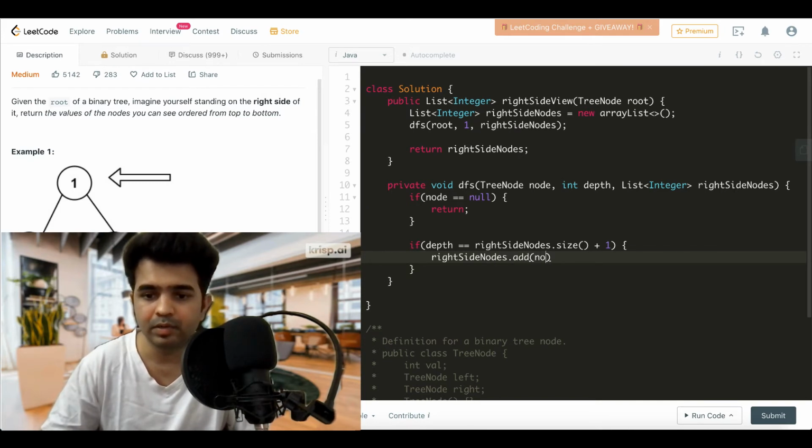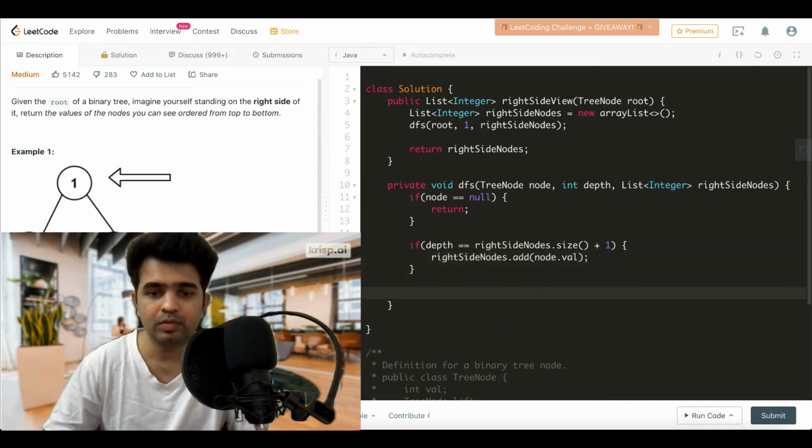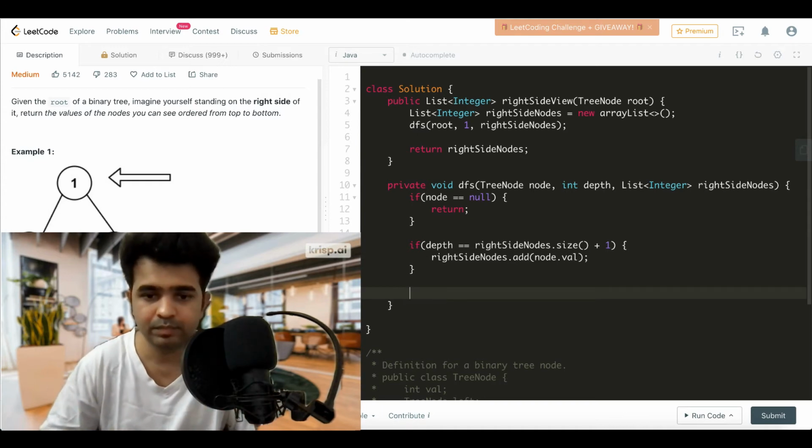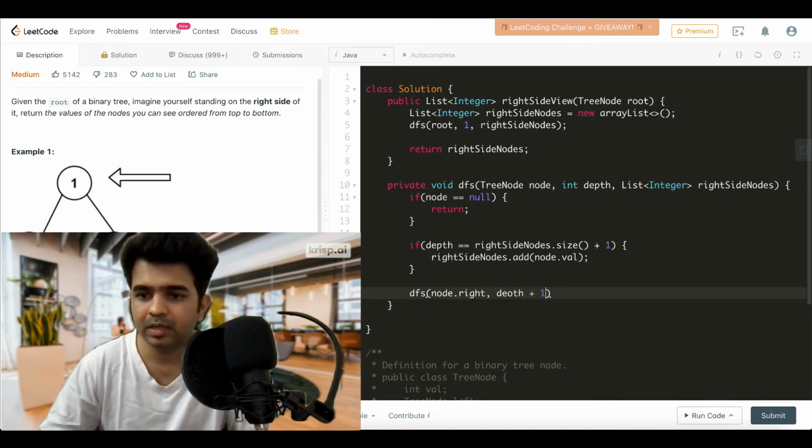Let's add our current node.value, not just node, and then we need to call this DFS method on the right child and on the left child. So we need to call the same DFS method, and we need to call it for node.right first and then node.left, because we want the right side view, and we can make depth plus 1 for the next level, and we can pass this right side nodes.